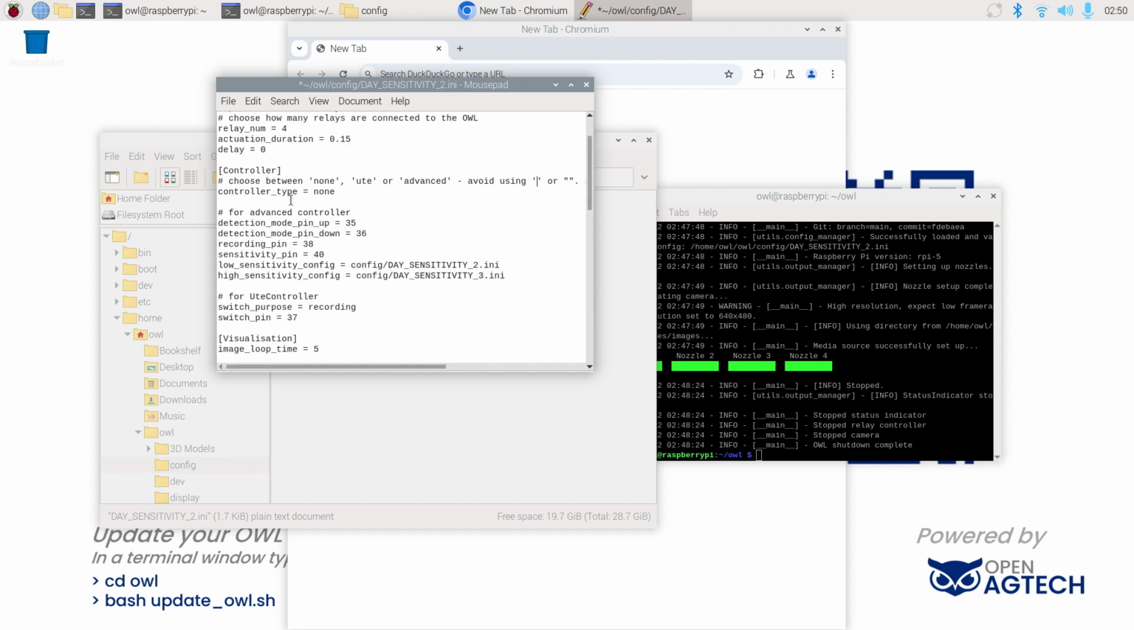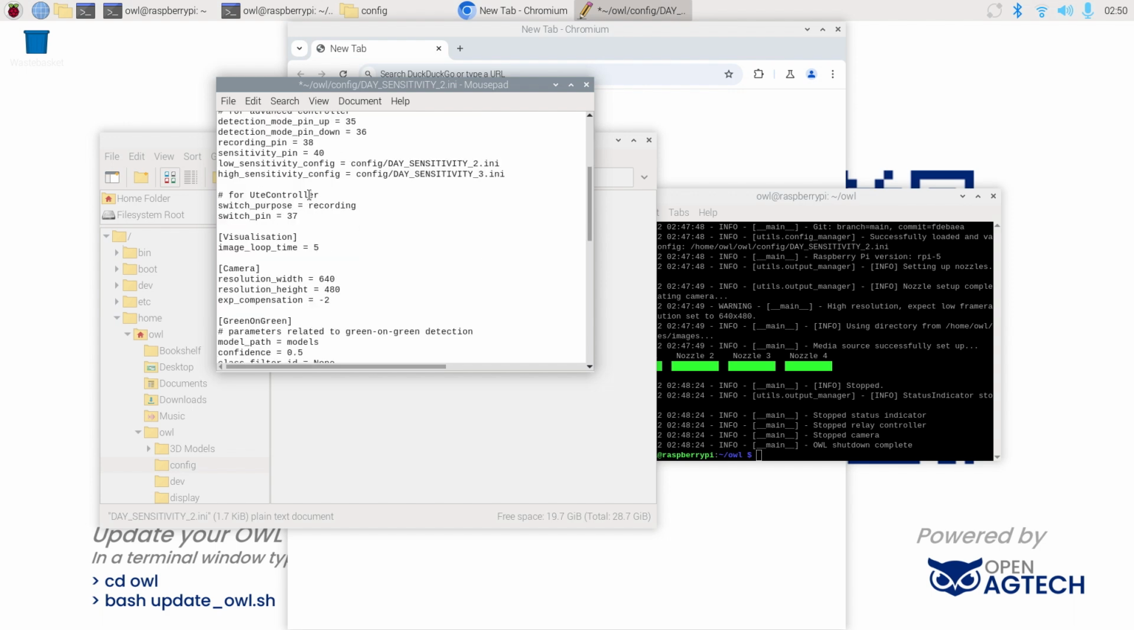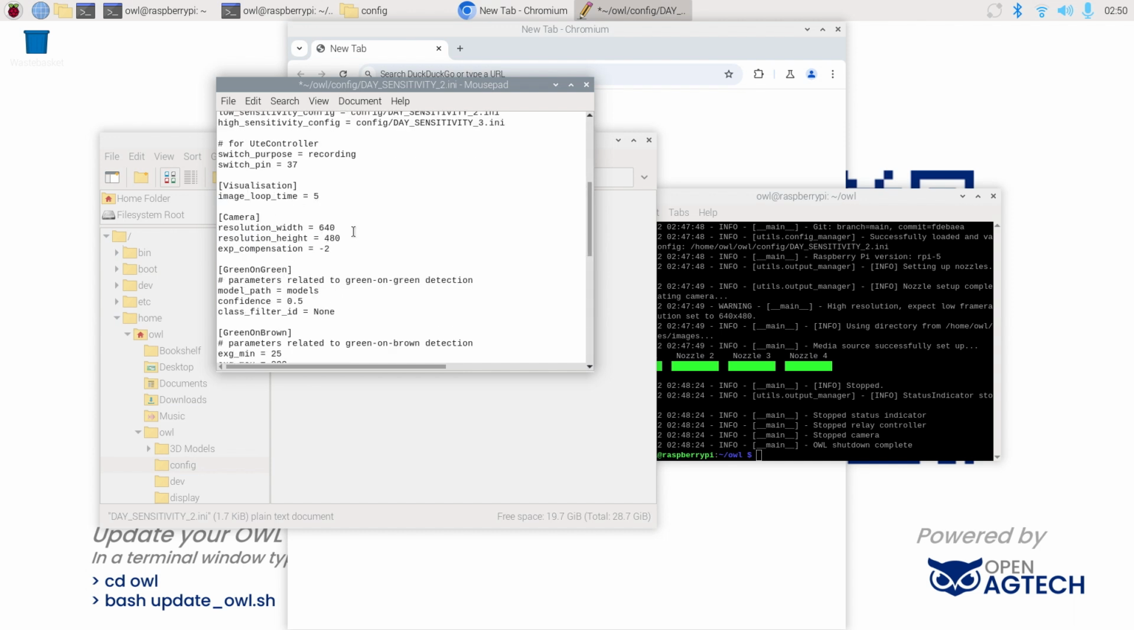For the advanced controllers, these are some of your settings. Again, you can see the low and high sensitivity with the switch if you switch it up and down. Ute controller, same thing here for recording and the switch pin. So if you do detection, you can toggle detection on and off, or if you type in recording, it will toggle image recording on and off. This is that loop time, so 5 seconds per image. This is the resolution of